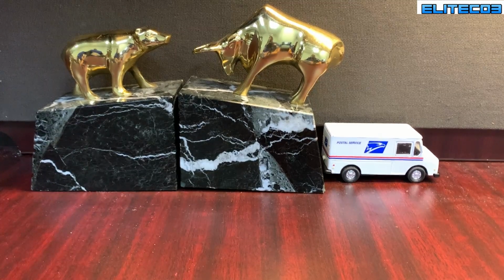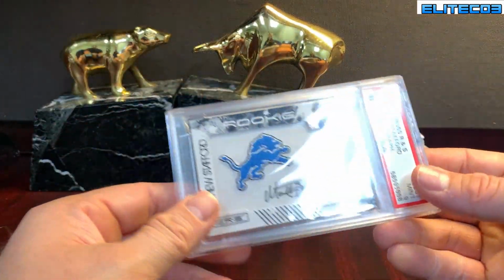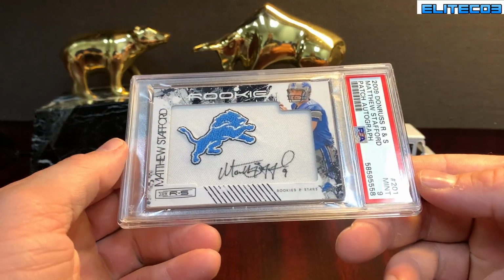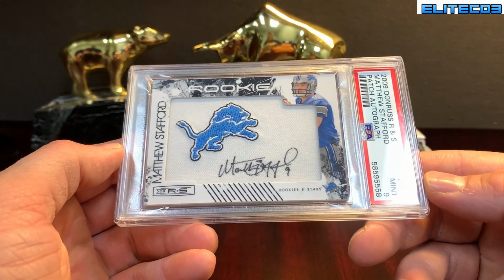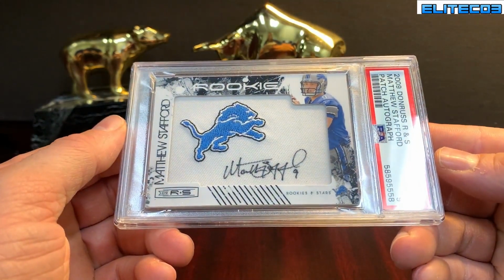Let's do this card. I don't know why it's just sitting over here, but it was part of the order. This Stafford is a 141. That's the Donruss Rookies and Stars. It's supposed to be Leaf Rookies and Stars. That's what I always called it. But